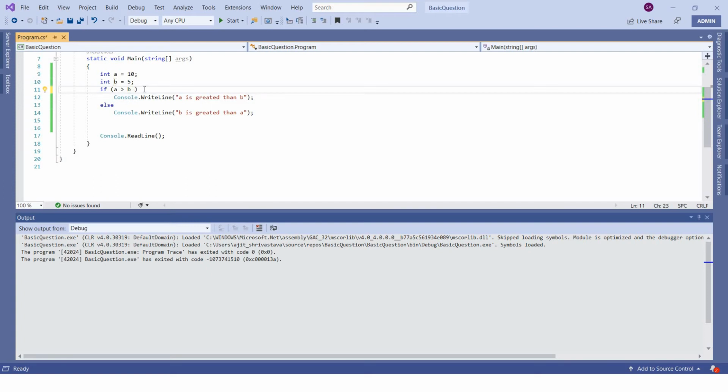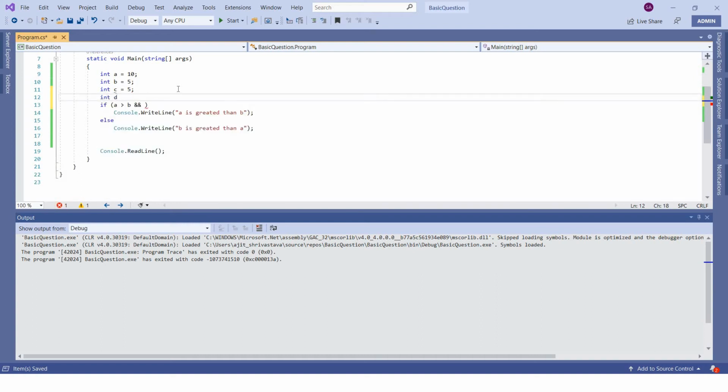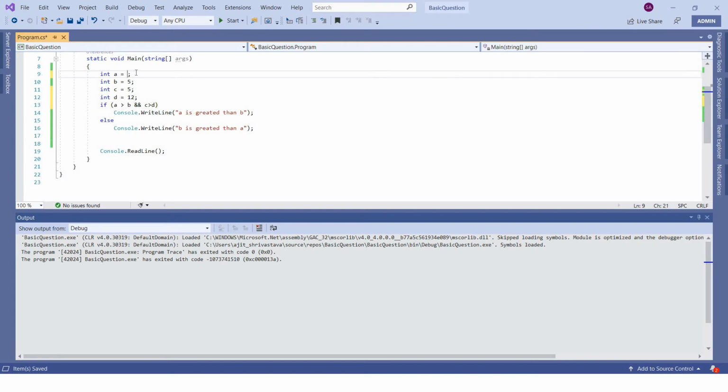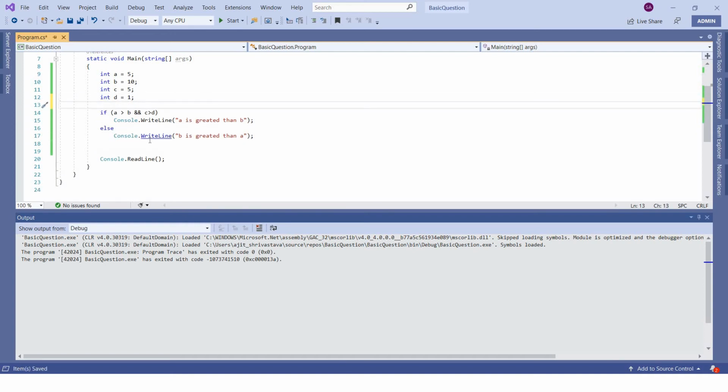For example, I am writing C is greater than D, right? So let me just make the 5 a 10. So A is greater than B and C is greater than D, which is not the case. So what we'll do is we'll just have this. Okay, so this one we say as AND.